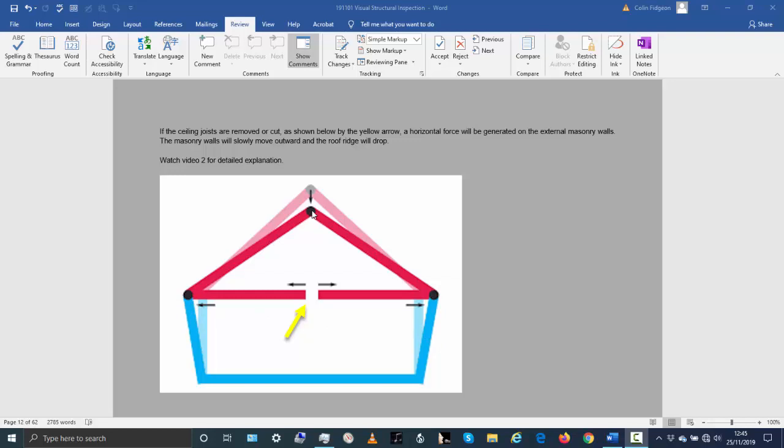I suppose as long as you have effectively a timber triangle here all the way around, as long as the timbers are fixed to each other here and here and here, a triangle is an inherently stable